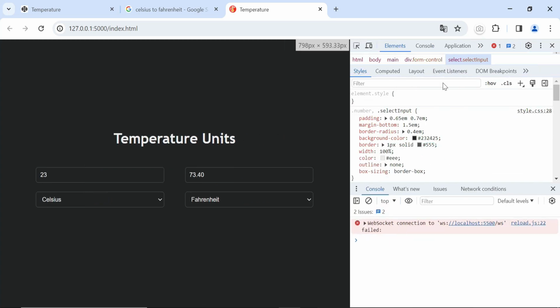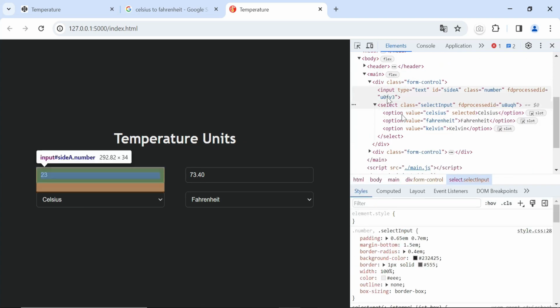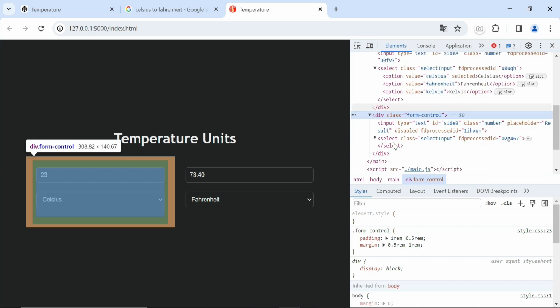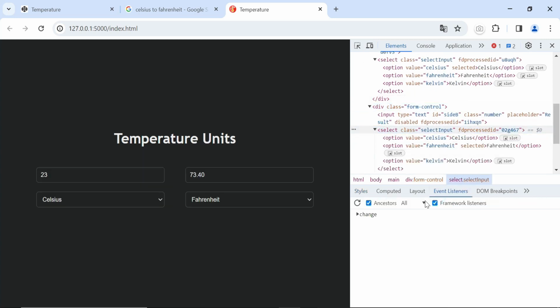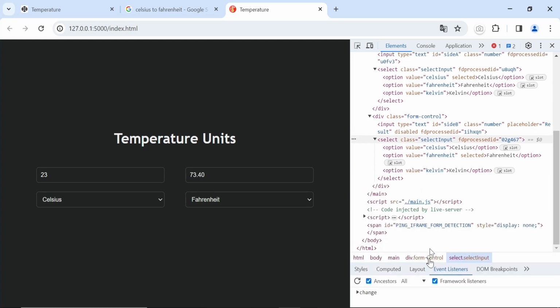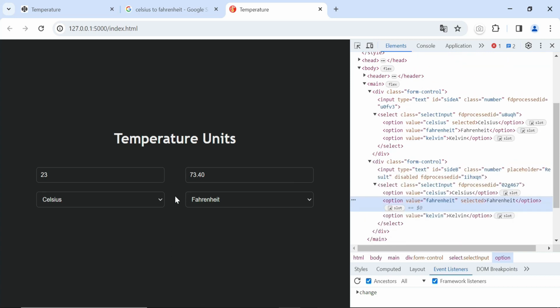Let me expand this, remove this one, and let me show you the selected elements. Where are you? Selected. Sorry, I'm kind of slow here. Okay, we have selected and selected, right? So if I change this to Kelvin, I should see the selected attribute on the Kelvin option and not on the sections. This is not mandatory, but I'm ready to show you and also to tell you that you should